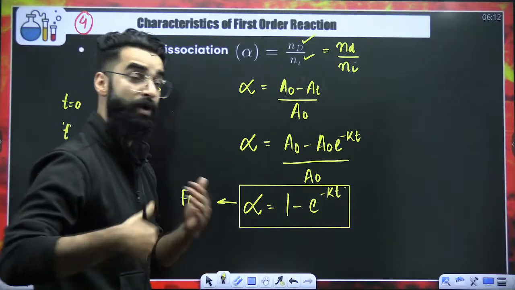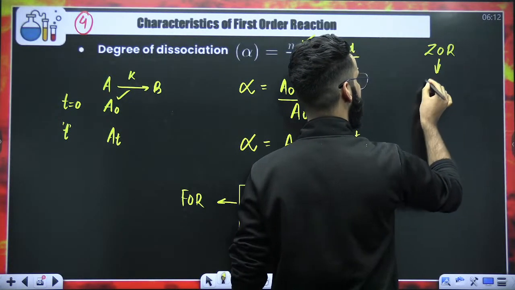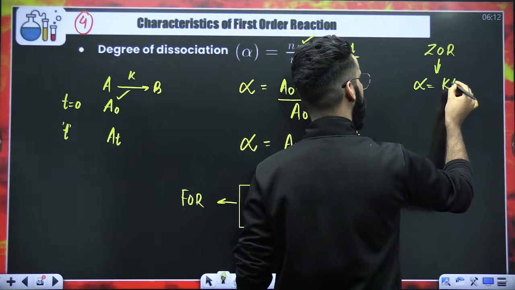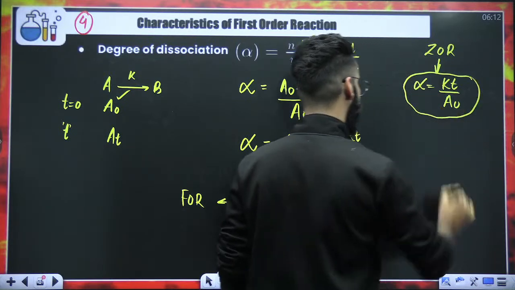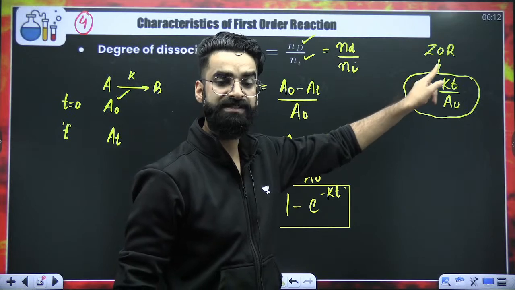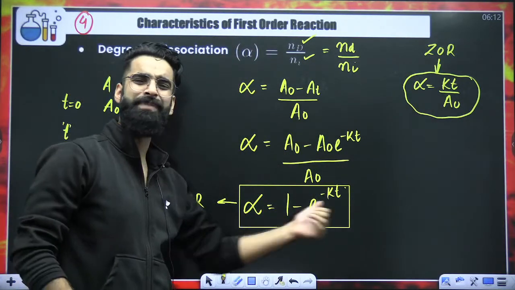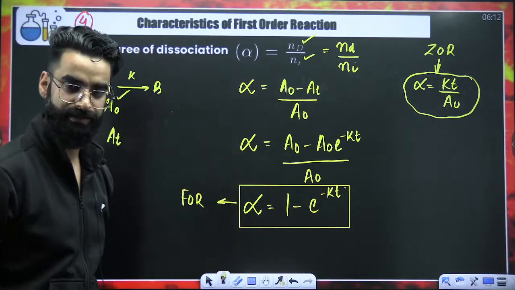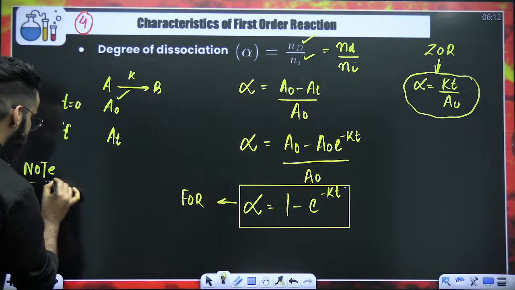If I ask you, what was the expression for zero order reactions? For the zero order reactions, alpha was equal to Kt divided by A naught, if you remember, right? Now, my dear students, there is one thing which I want you to have a look at. In case of zero order reactions, alpha was dependent on the initial concentration of reactant. Here, alpha is independent of the initial concentration of reactant. So do remember, take a note of this particular statement, that the degree of dissociation